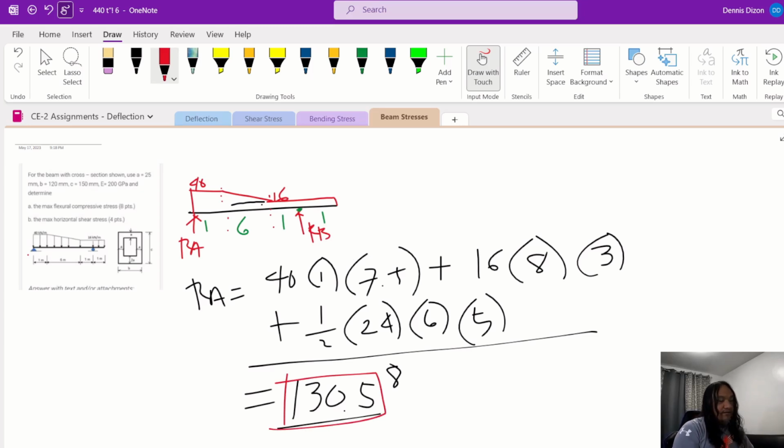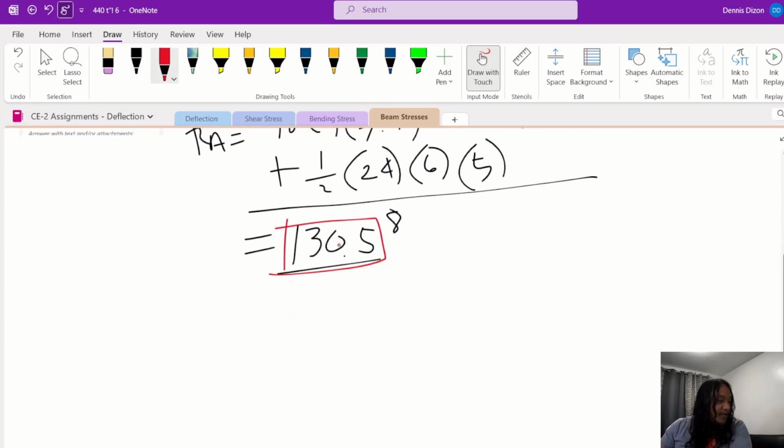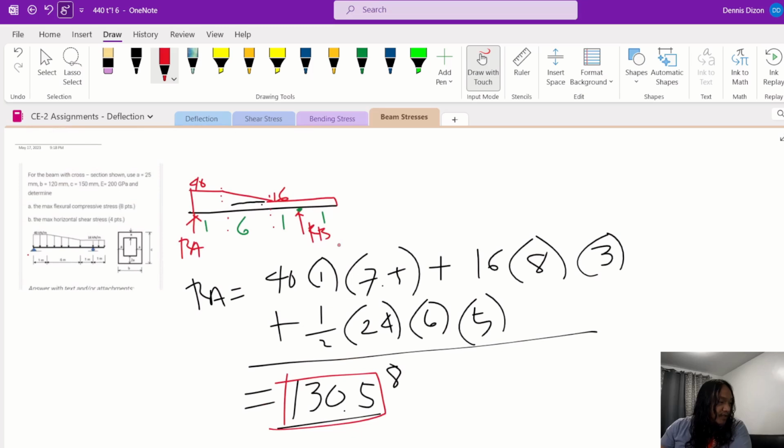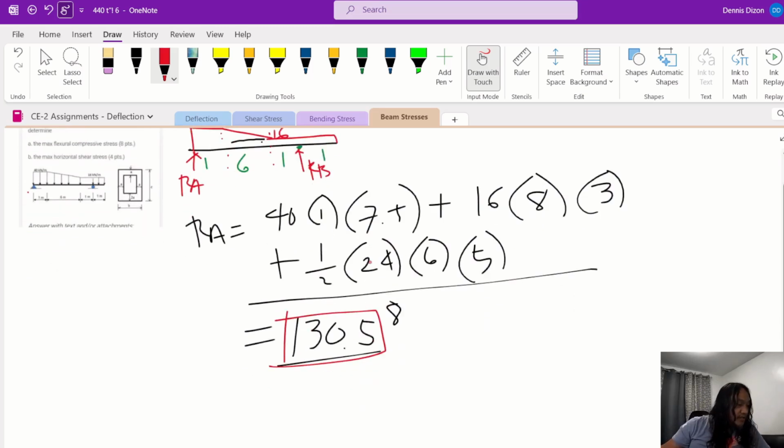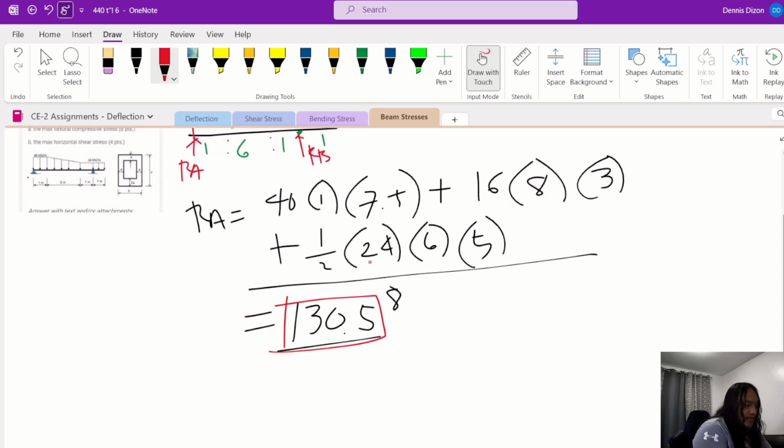Now, if you are sure with your answer, you can simply get the reaction at B as the total load minus RA, but we'll just double check, to make sure that we have the correct reaction at A. In order to do that, we have to solve the reaction at B, using the same procedure. So reaction at B is equal to, if you sum up moments at A,